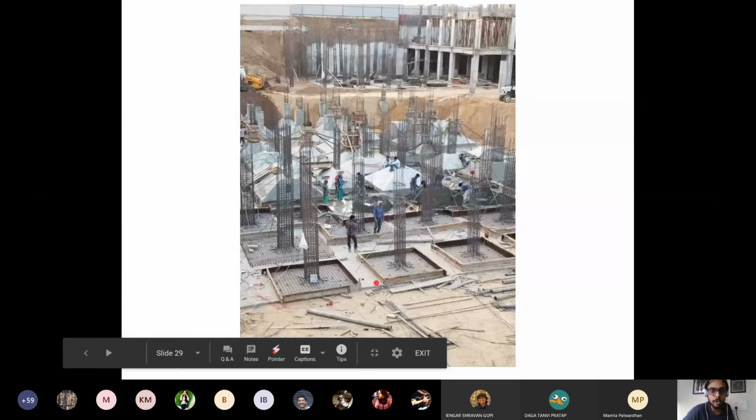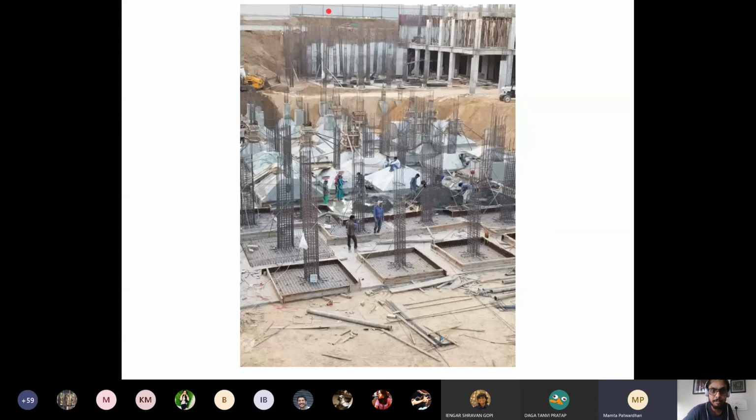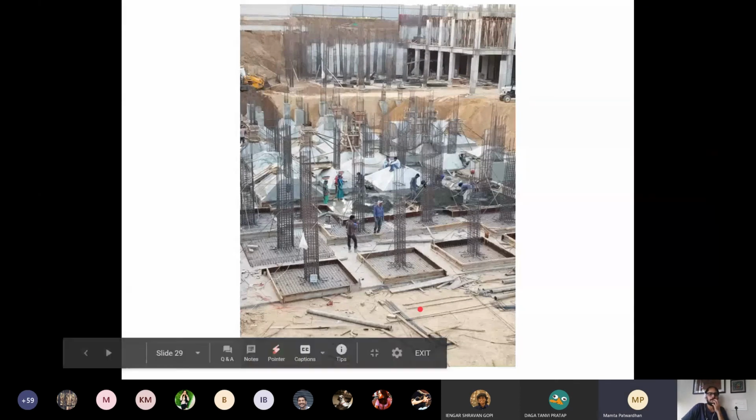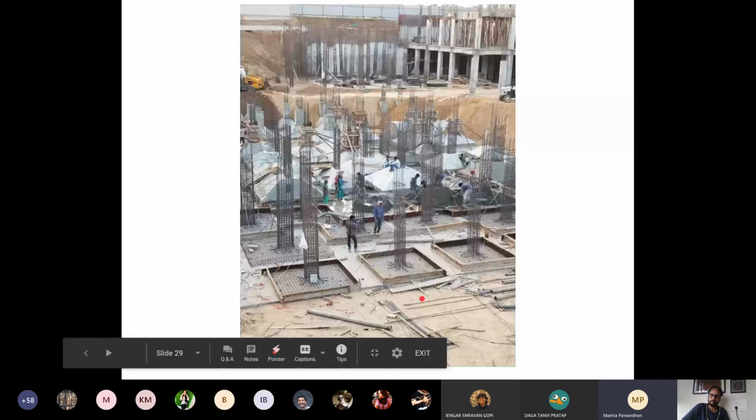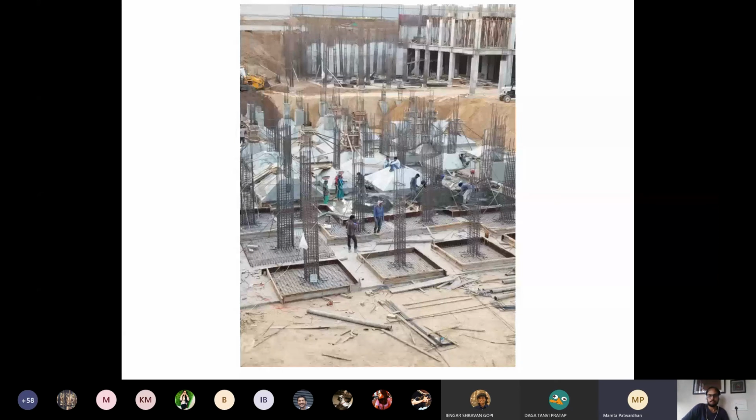This is also a very interesting point, because see, Mamta, how deep it is going. The excavation from the upper level has gone much deeper in this case, and they are also doing a basement here. It is essential to note what Shirish said, because you need people to be working between the foundations, and when you see that the gap is very small, then you would want to do that combined PCC bed. That's for convenience.